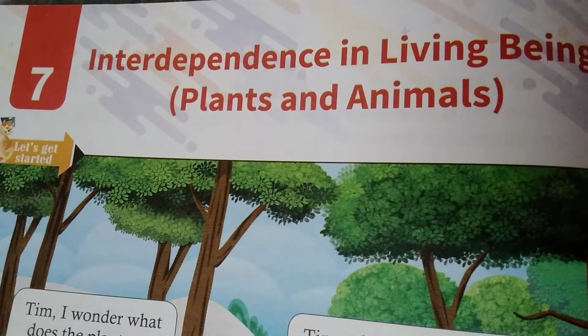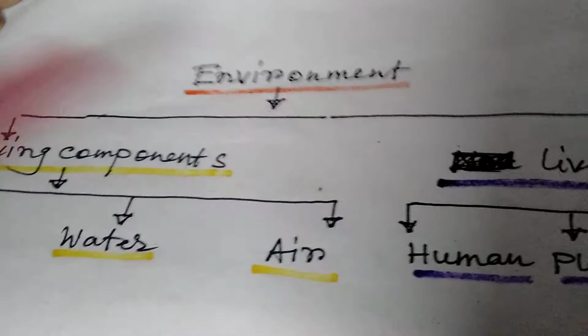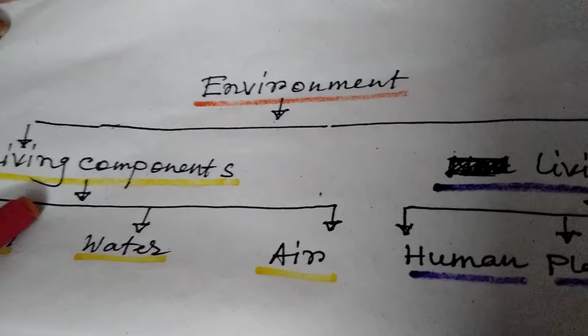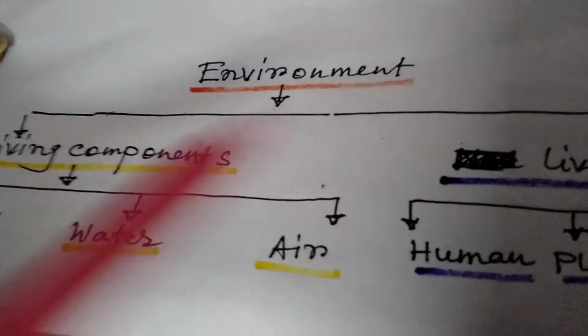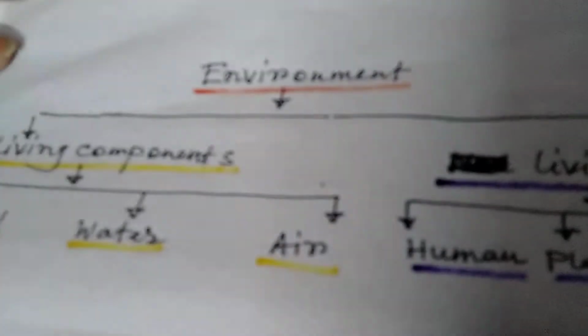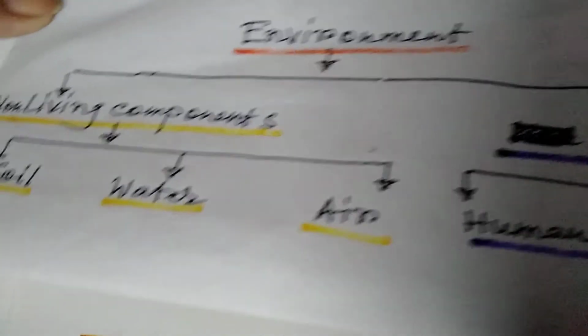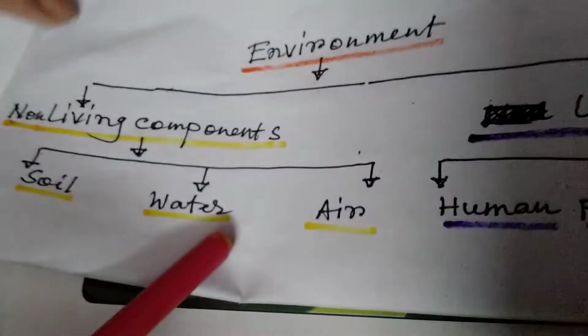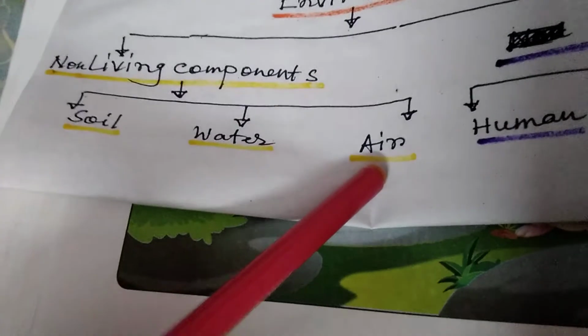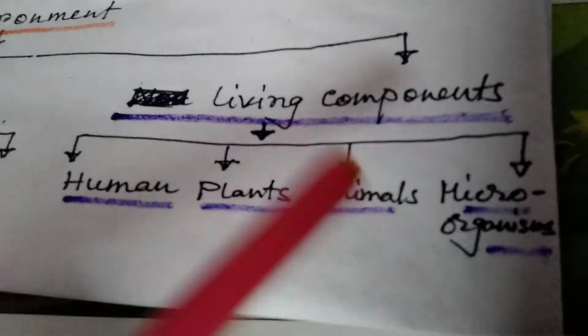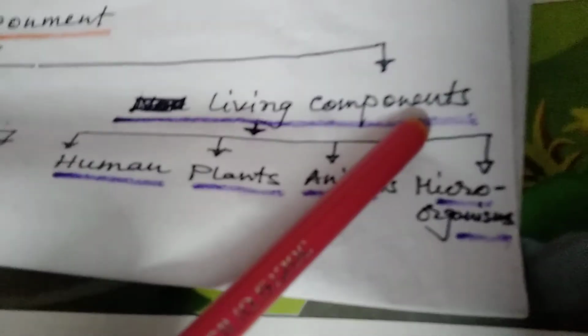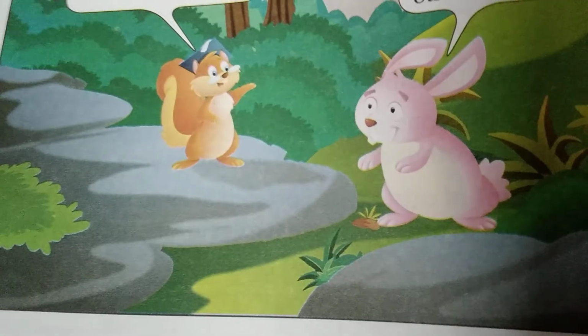I am showing you a chart here. It is, look, environment. Here it is non-living components and living components. Two parts are there. And soil, water and air are the parts of non-living components, and human, plants, animals and microorganisms are part of living components. Okay, so now